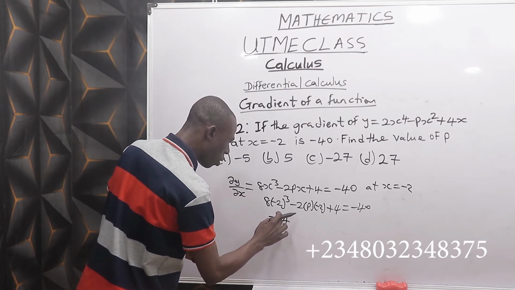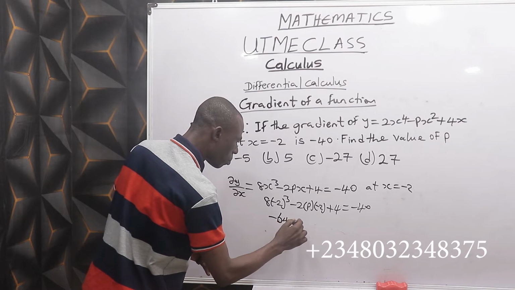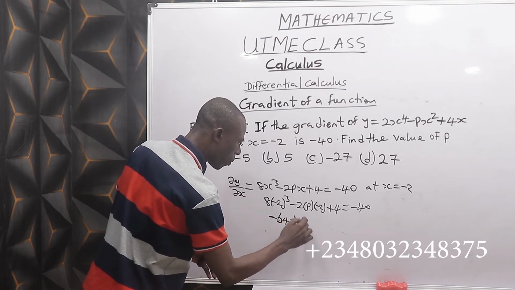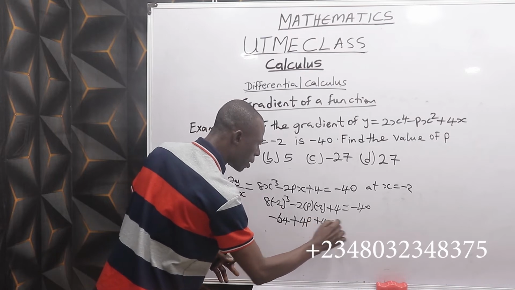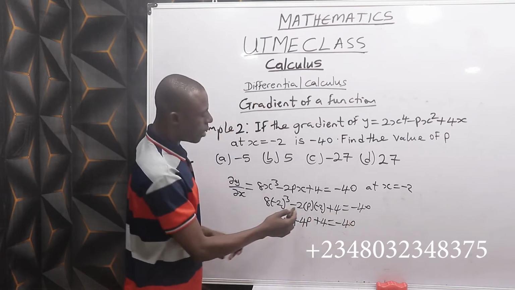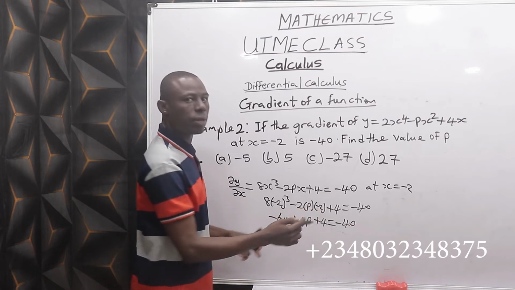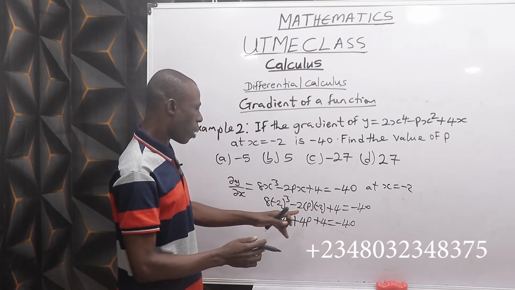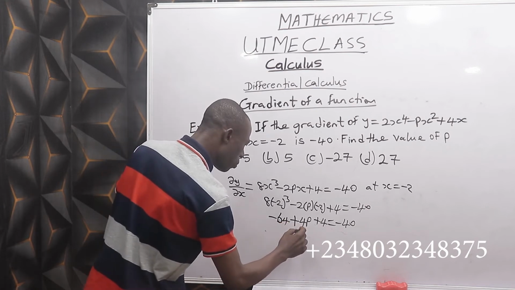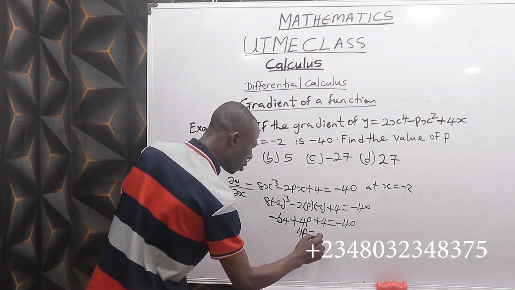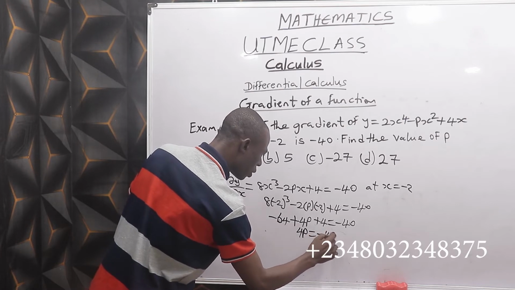Negative 64 plus 4p plus 4 equals negative 40. Negative 2 times negative 2 gives positive 4. That is why we have positive 4p here. So here we have 4p equals negative 40